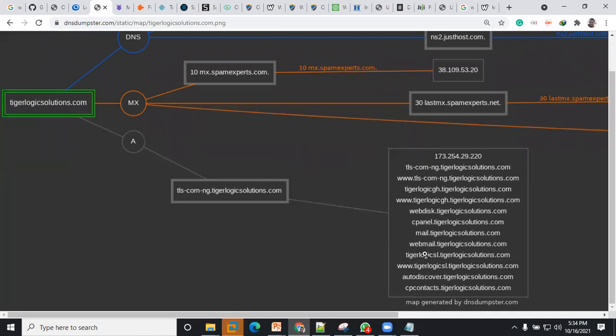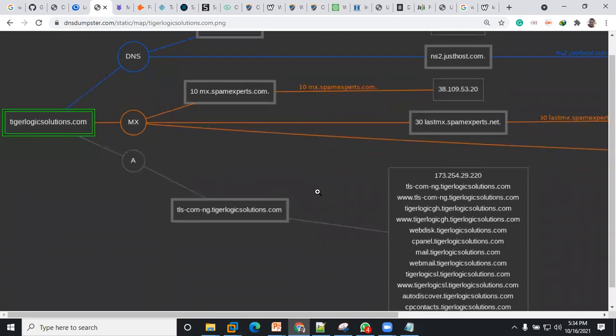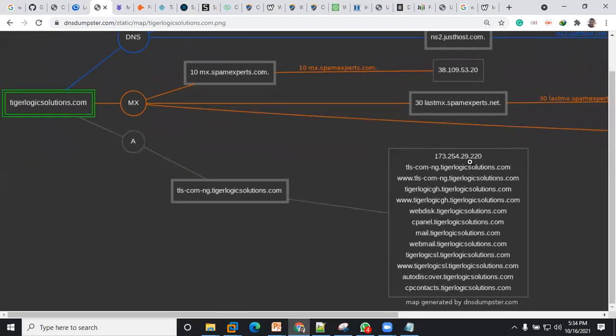Now we can even see the mail exchange, the web. You can see that the attacker is using webmail. From this information, we can see the attacker is using a webmail, so we can take that webmail and start attacking differently, right? It's showing us the IP address, then the subdomains that the user has.